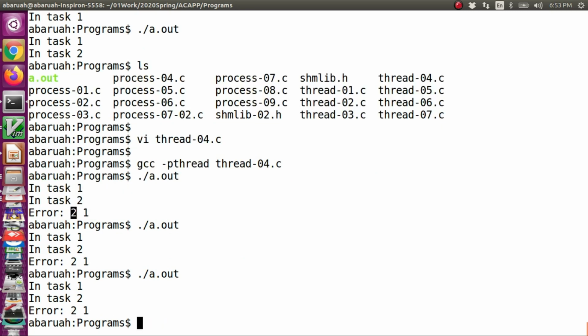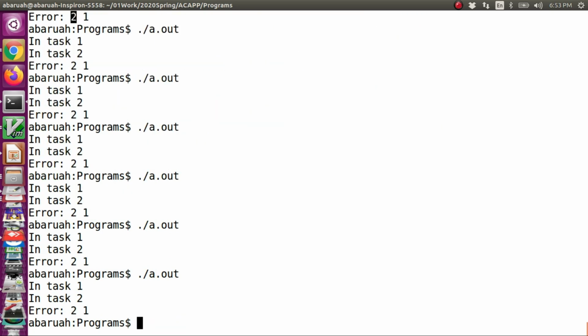Let us run it one more time. We get the same output. Sometimes it may happen for thread 2. That's what I'm trying to see, whether it happens. Earlier I have run the code many times, and every time the error was happening for thread 1, but here it happened for thread 2 also. So in this case it is thread 2 which assigned the value 2 to the global variable, but by the time it comes to the if statement, the global variable has been modified by thread 1, and hence we see the error in thread 2.